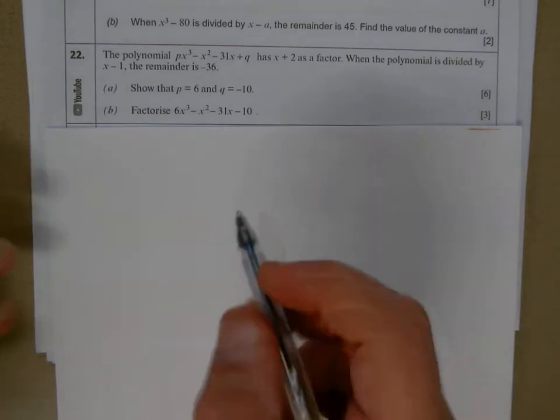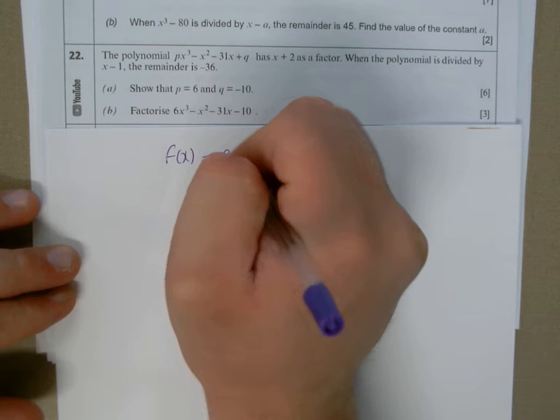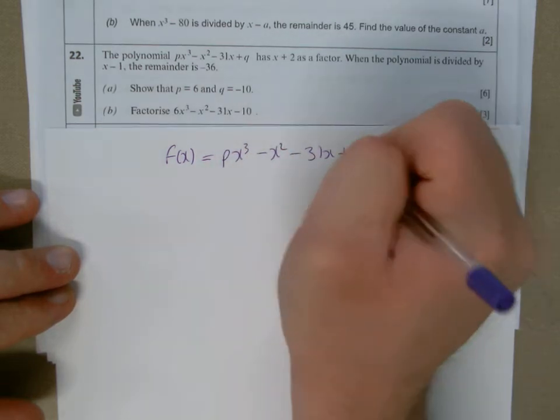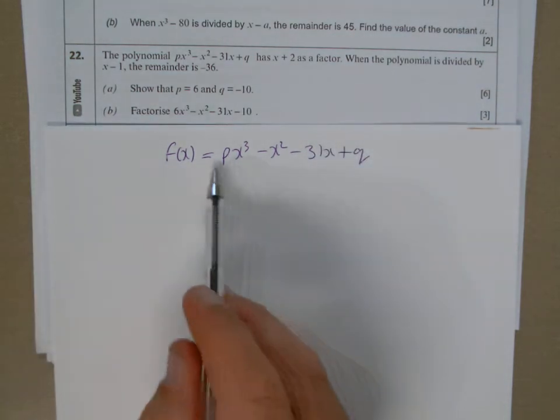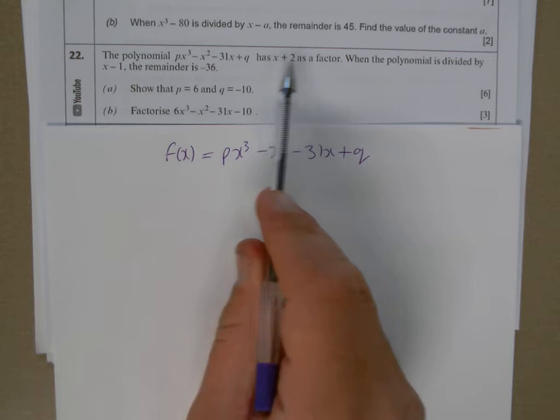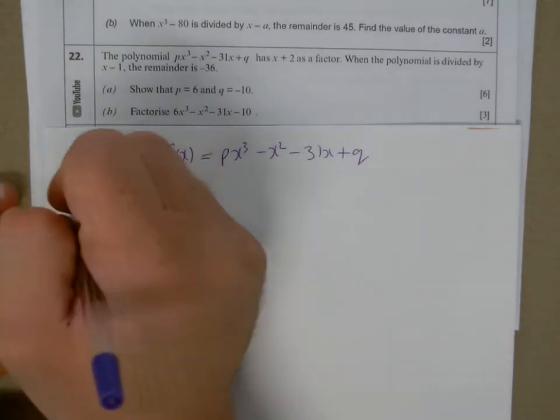Okay, so we've got the polynomial here, and we'll call it f of x. It's px cubed minus x squared minus 31x plus q. You'll notice there are two unknowns, p and q, and it says that it has x plus 2 as a factor. So that means if x plus 2 is a factor,